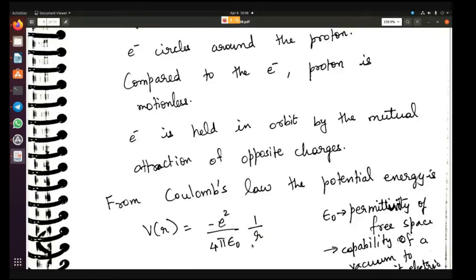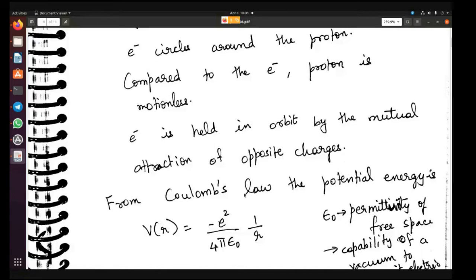That's what this potential energy term means intuitively, and that is the correct way to understand it. Obviously, if something goes away from its opposite charge, it is going to feel less effect of that opposite charge. And if it gets closer and closer to the opposite charge, it is going to feel more effect of the opposite charge. So this is the potential that is acting on the electron.